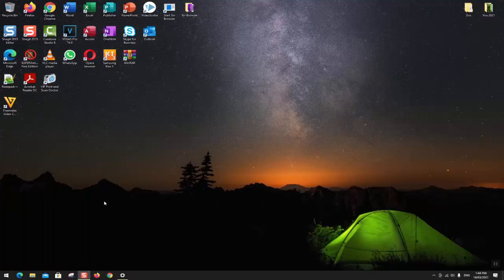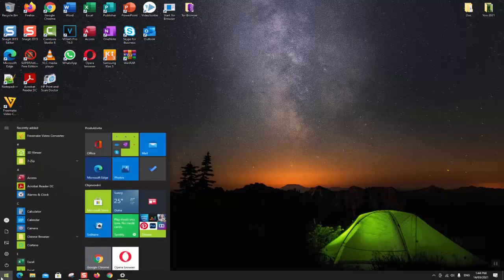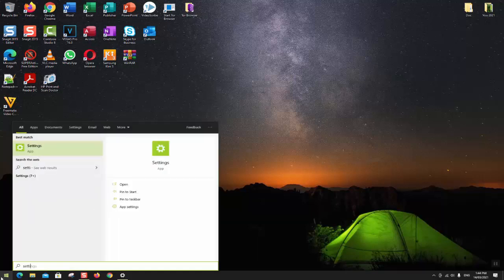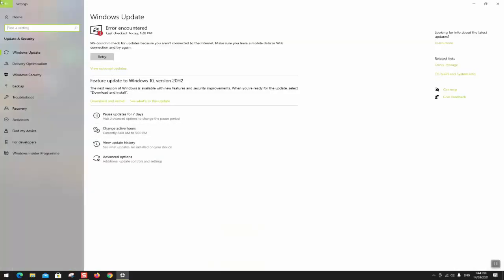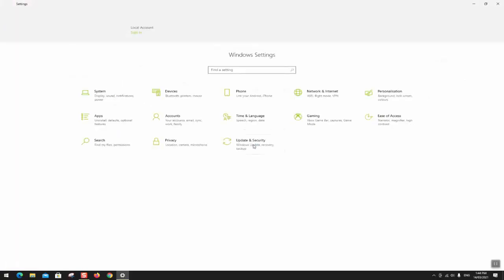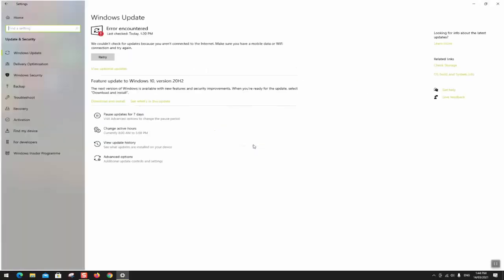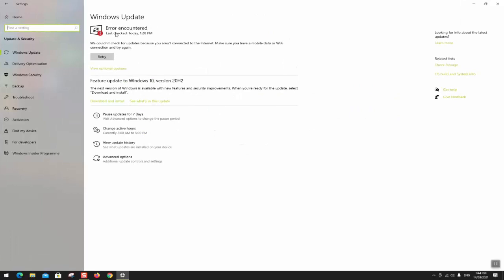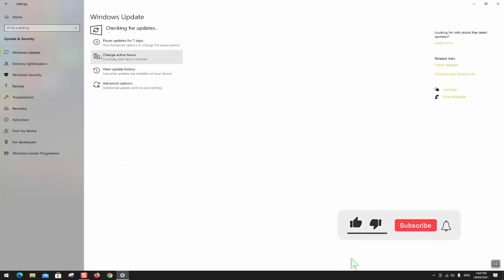After connecting to your home internet or any internet, you want to go to the Windows tab again and type Settings. Open the Settings tab, and normally you should go to Windows Update and Security. And here you will have Windows Update highlighted in red, the sign in red, and you click Retry. Normally, Windows will be able to search for updates and confirm to you if your computer has the most updated